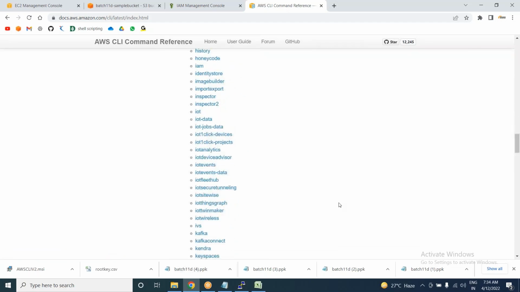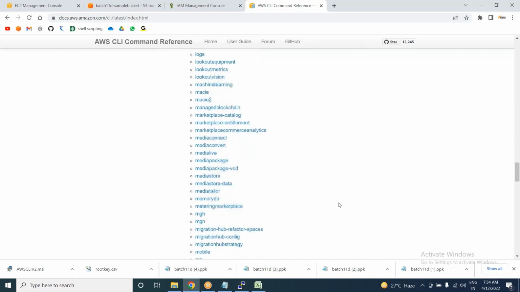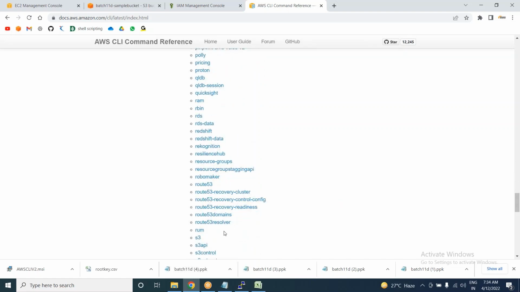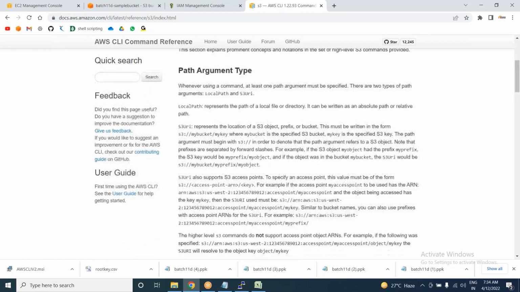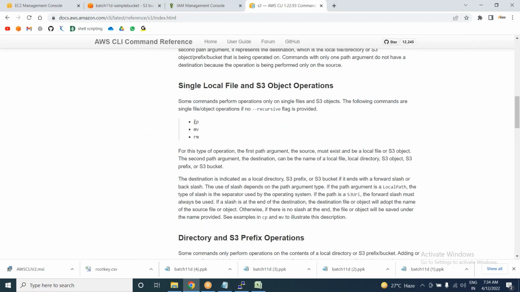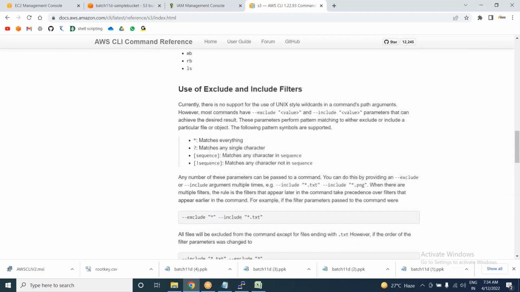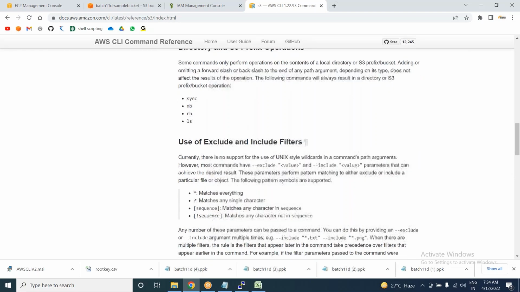I think they maintain the documentation in the alphabetical order of the services list. You can go down to S. Yeah, here you can see S3 is there, right? Let me click on that S3. Inside S3, you can see what options are available that you can achieve with the help of CLI. You can copy the content, move the content, remove the content. Like that, you can do multiple things. You can list the files with the ls command. So now let me go and